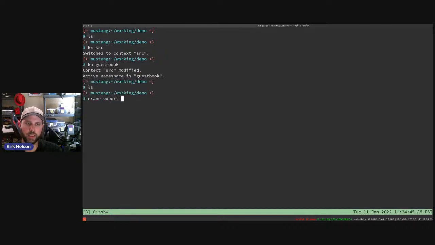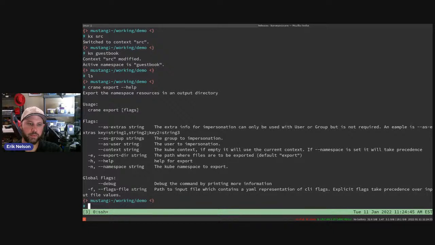So we'll start with crane export. I'm realizing I'm actually forgetting the third command, which is apply. We'll talk about that when we get to it, but it's effectively the application of the JSON patches that are generated against the raw resources to produce your output, which is a cluster agnostic set of manifests that can then be recreated. So crane export itself